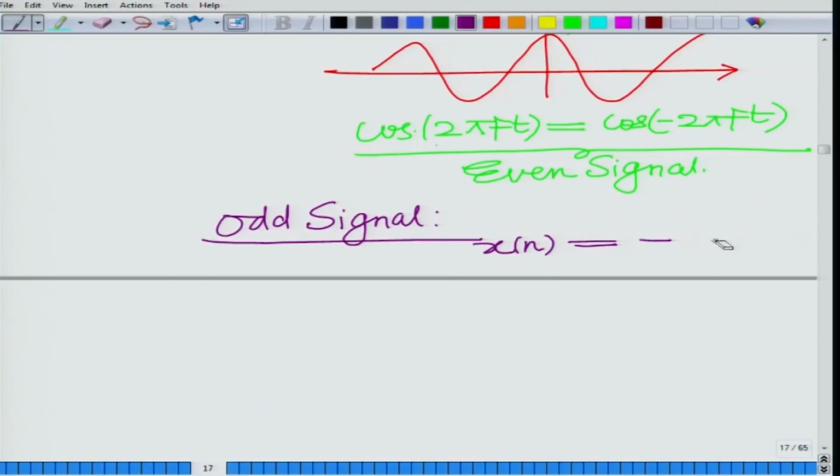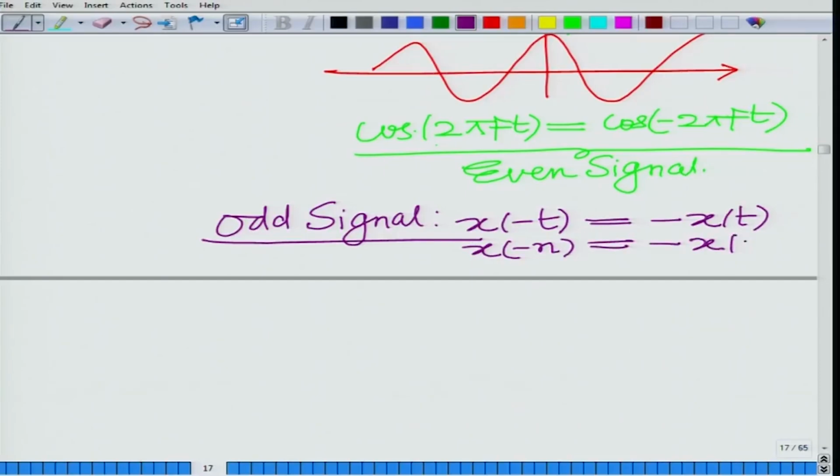So, let me write it in a slightly different way. x(-t) equals minus of x(t), and x(-n) equals minus of x(n). I think that is a slightly better way to write the definition of an odd signal. And again, another classic example of an odd signal is x(t) equals